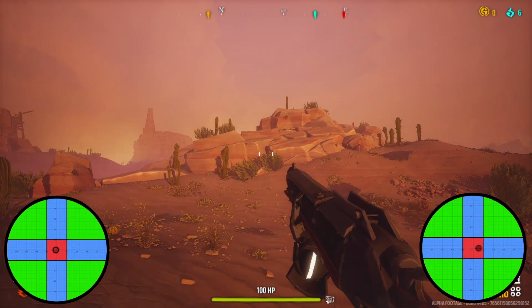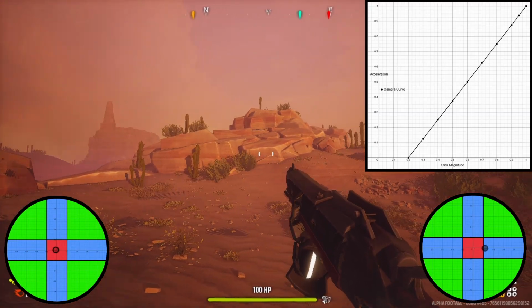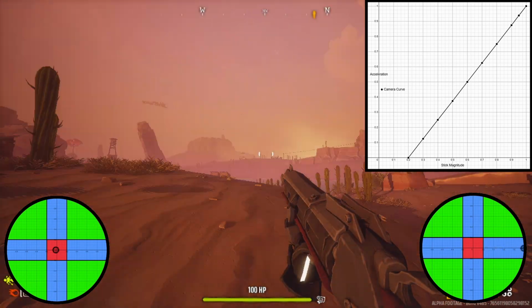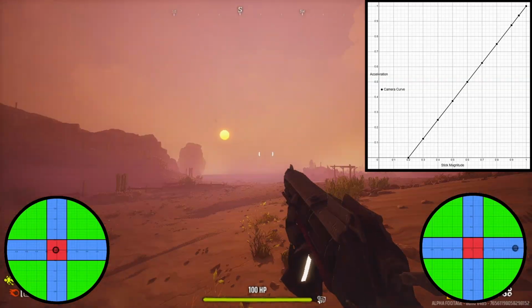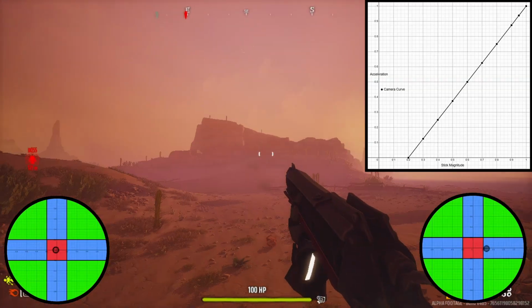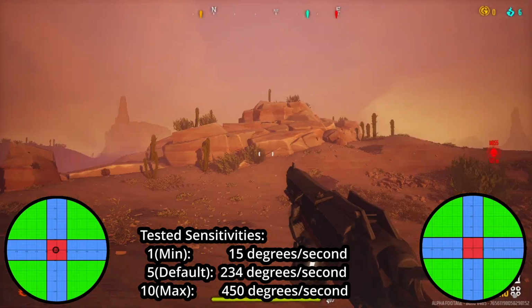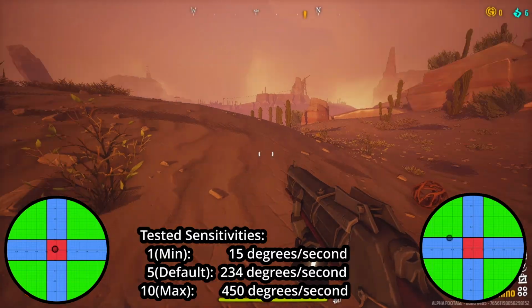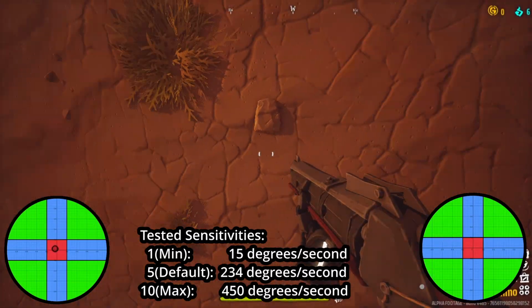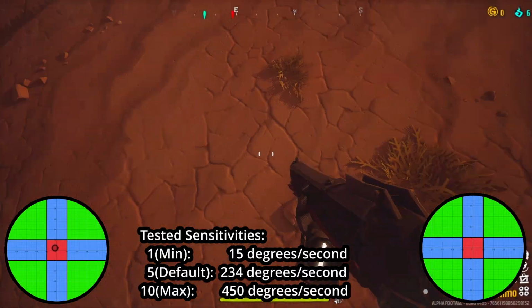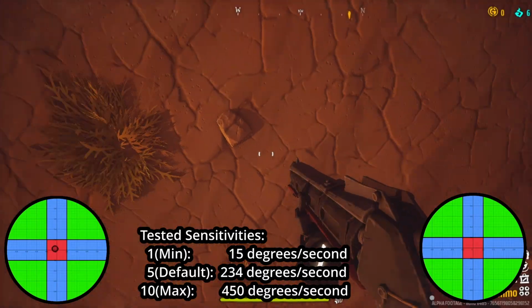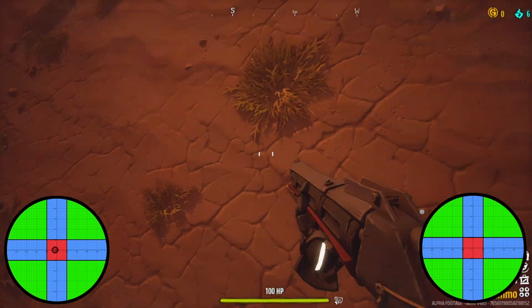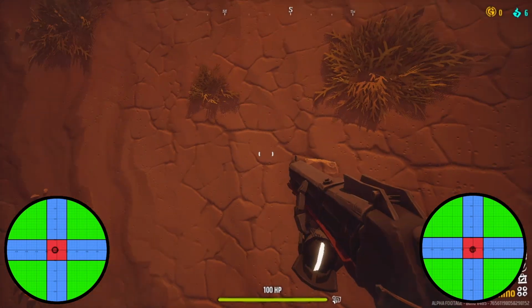The acceleration curve is also linear, so just a nice smooth transition from slow speeds up to full stick tilt. The horizontal and the vertical sensitivities appear to be the same, and similar to the other titles, if your stick was able to move to the full corner, you'd be able to move at the same speed you would horizontally right here. So functionally that would be the diagonal speed could be up to